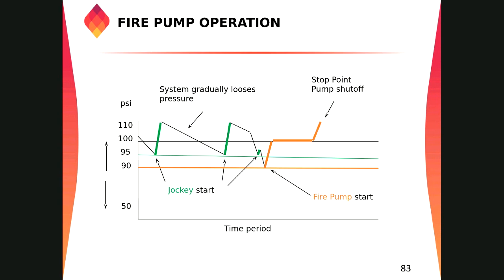So if there is a leakage in the piping, in the fire protection system, the pressure goes below from 105 psi to 90 psi. So if there is a 10 psi loss in the fire protection system,